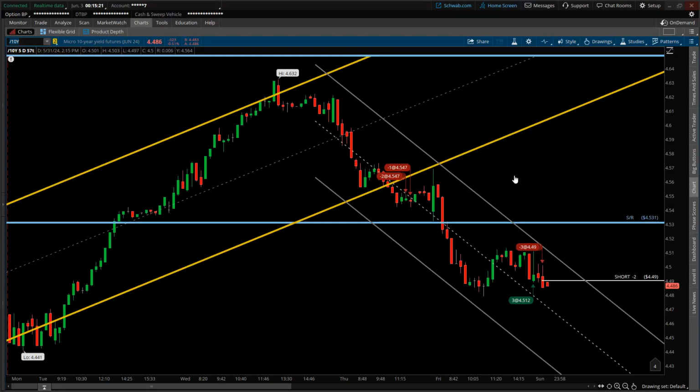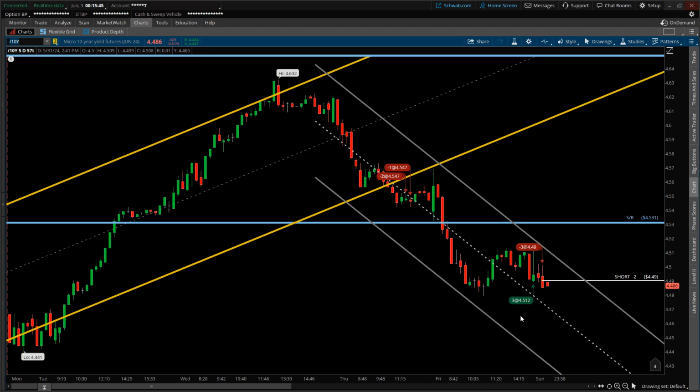So quick update. It's about 15 minutes after midnight, so the calendar is officially Monday, June 3rd. However, this is a status check on the 10-year yield short. So what I'm showing here are a couple of things. So last Friday, not realizing it was the last day of the month,